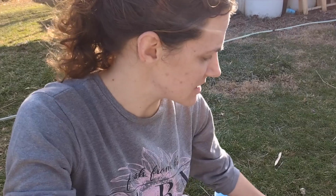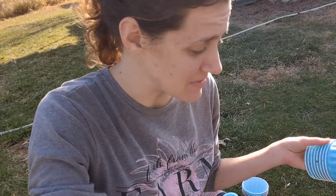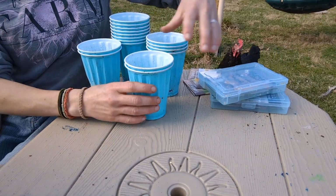I forgot to go check my garden plan to see how many plants I needed of each variety. So I know I wanted about the same as last year. So what I did is I just came through here, and all these cups that I planted my tomatoes and peppers in last year, I'm just going to reuse them. That way I know I have the same amount. So first,